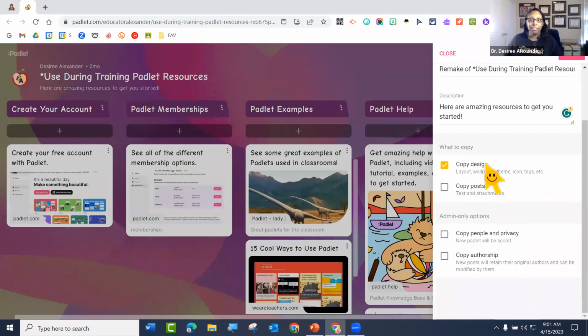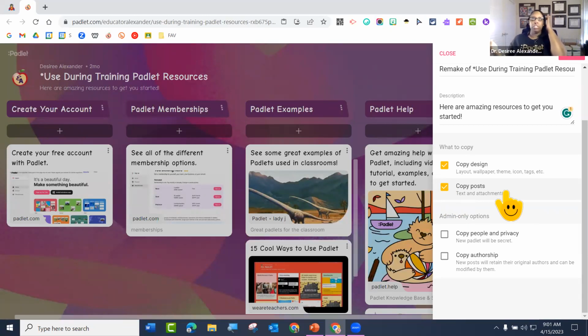Do you want to copy the design? Do you want to copy the posts? Sometimes I just like the design. Like, I like the map that they set up, but I don't want all those posts. I want the wallpaper, I want how they organized it, but I don't want the actual content. So that's when you can say, I only want to copy the design, or you can say, I want to copy the posts too, because sometimes I like the content.